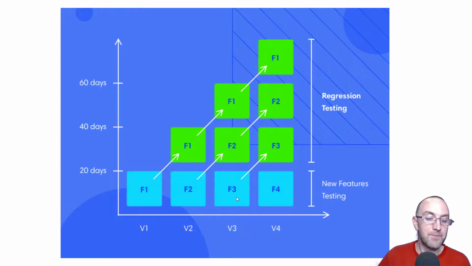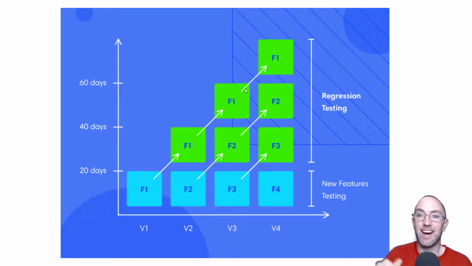So you can see feature 3 here. Maybe I've got a volume severity. The slower the internet, the louder the warning. So that up and down on the volume might break feature 2 and feature 1. So I have to go back and check all of them. Every time I add a new feature, I have to check all previous features. So that is regression testing. It's kind of like paranoid. Like you do this